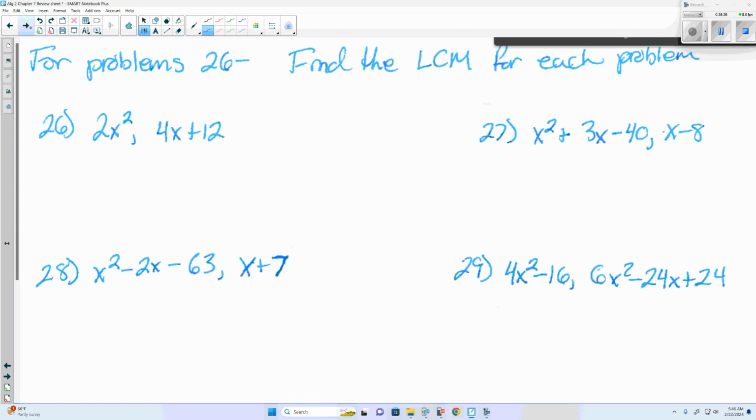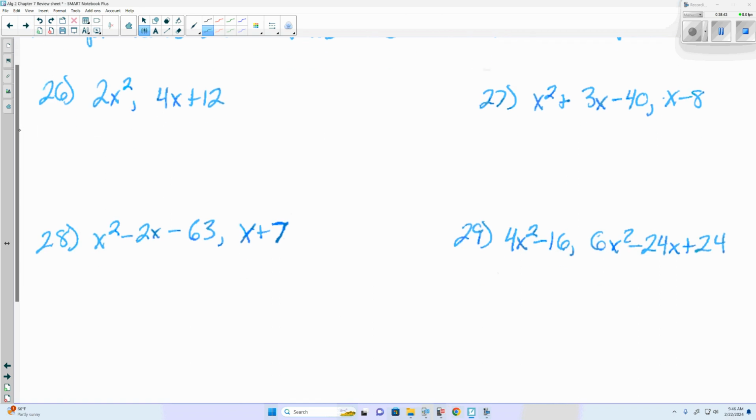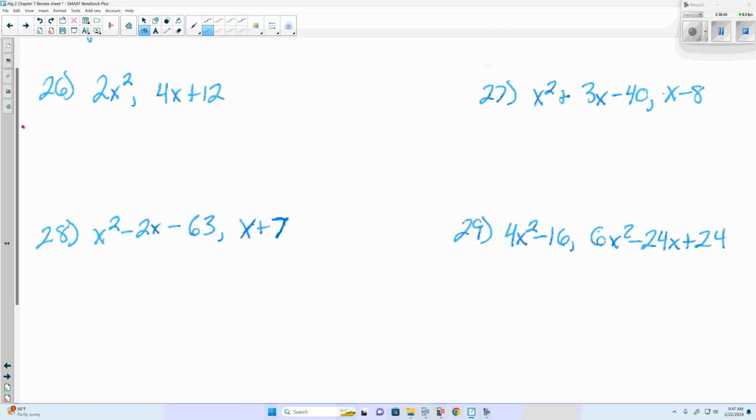But we do have time for one more, because these here are nice in that they're a little bit quicker. We can look at 26. With any of these here for least common multiple, factor them all the way down. Factor them all the way down. 2x squared, factored. 4x plus 12. We can take a 4 out, leaving us with